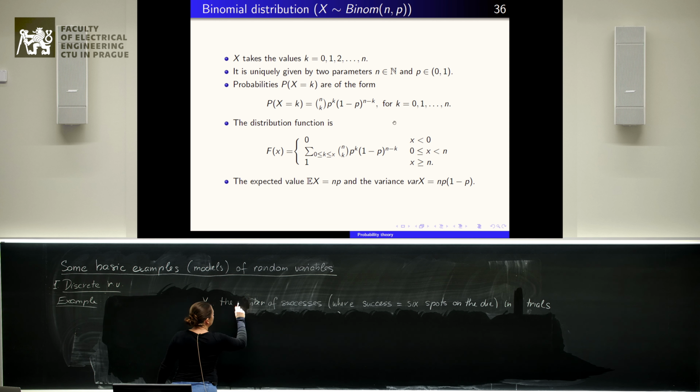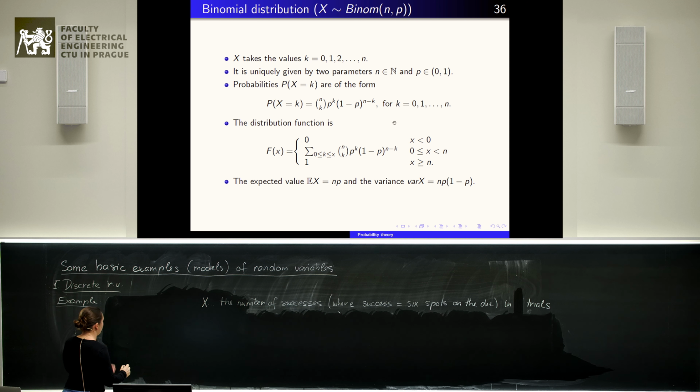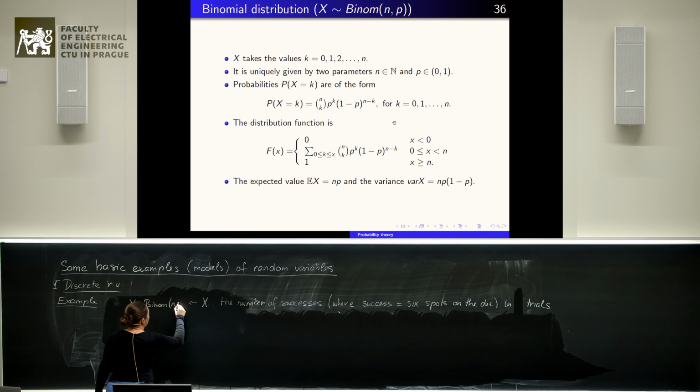Imagine X in a special form. The special form is that it is the sum from 1 to n of Xi,